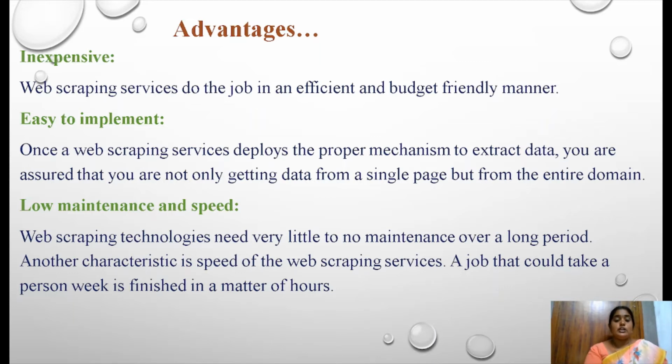And sixth one is low maintenance and speed. One aspect that is often overlooked when installing new services is the maintenance cost. Long-term maintenance costs can cause the project budget to spiral out of control. Thankfully, web scraping technology needs very little to no maintenance over a long period. Another characteristic that must also be mentioned is the speed of web scraping services. It can reduce one week of manpower into a one hour job,